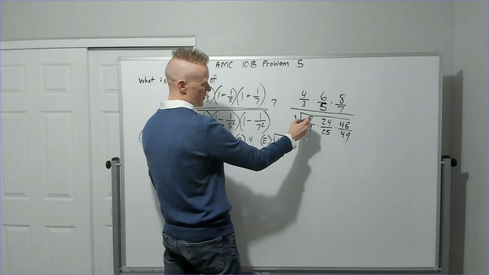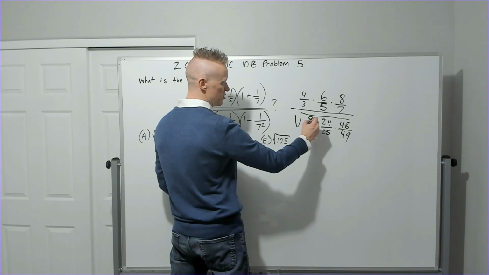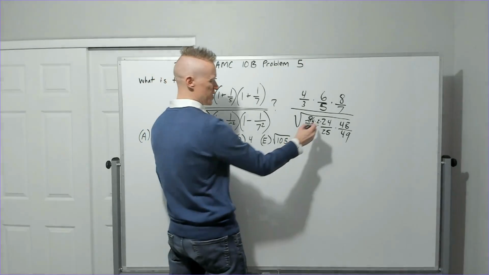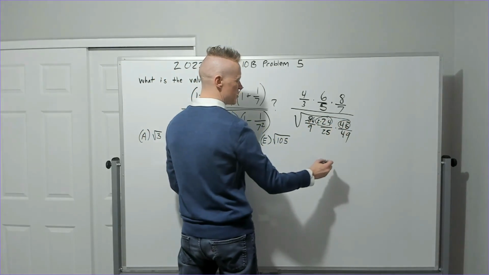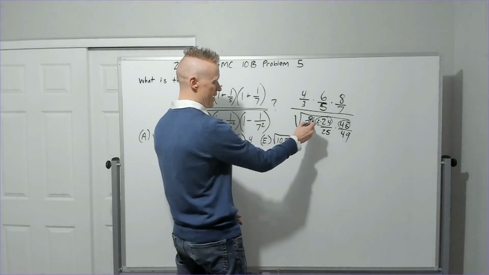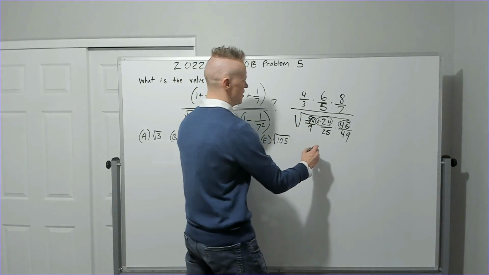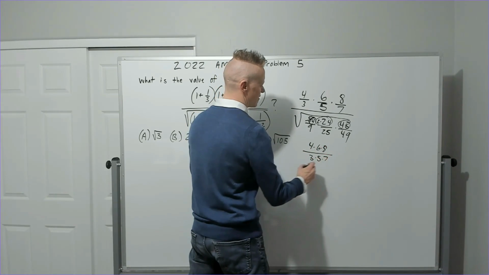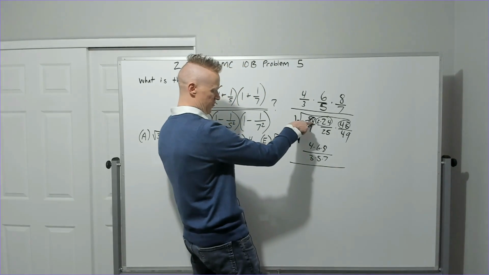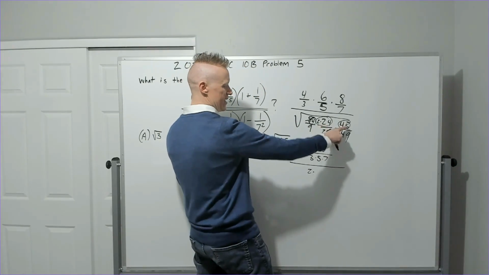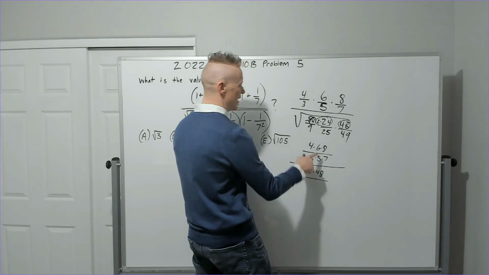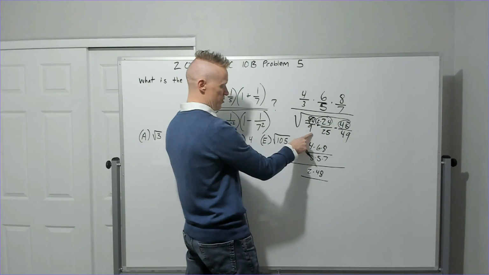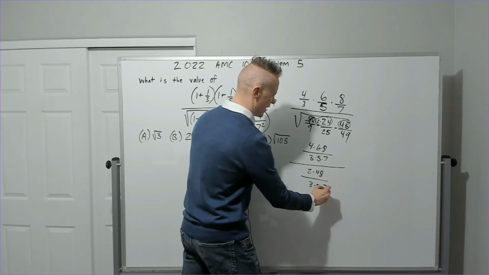which is 48/49. Now what I see is if I split this 8 into a 2 here and a 4, I'm going to have a better situation because now I've got 48 there along with this 48, which is going to give me a 48 on the outside, and this 4 will give me a 2. So now I'm going to write this as 4 times 6 times 8 over 3 times 5 times 7, divided by the 4, square root out to a 2. The 48 and the 48 become a 48, and this is all a product, keep in mind, not plus, it's times. So I can just square root 3, 5, and 7,